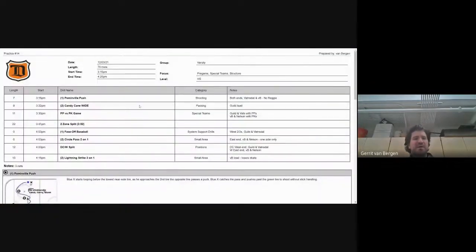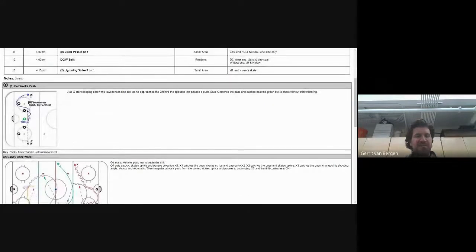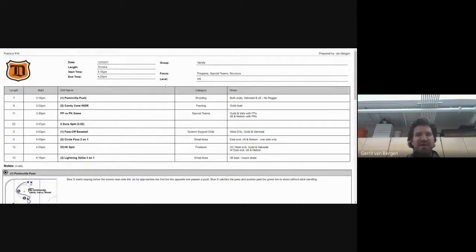So now that I'm looking at the practice plan, I'm just going to go ahead and copy the name right there. Control C, just so I remember the name of it, and that'll make it just a little bit easier. And I've got it here, but the problem is I've only got 1/6 of a zone, so maybe I'm going to switch and rotate that, or maybe I'm only going to have it come from one side as opposed to 2, however you want to modify that drill. So I've got the name copied. I know which one I'm after, and so I'm going to go back to